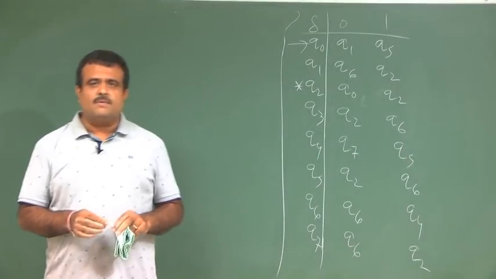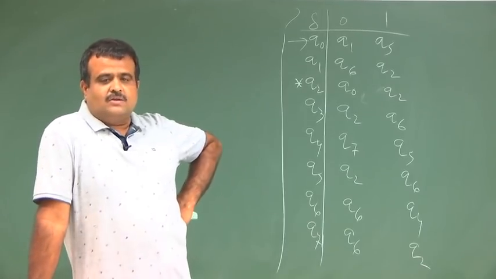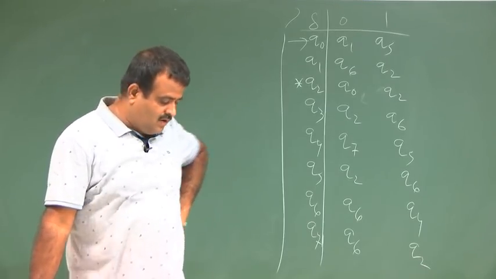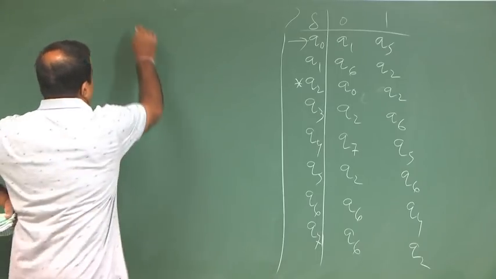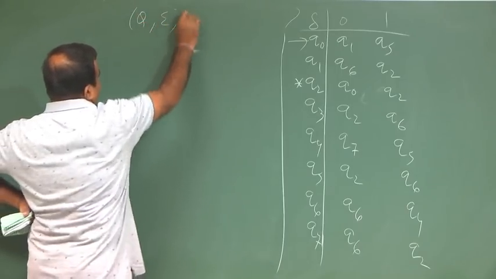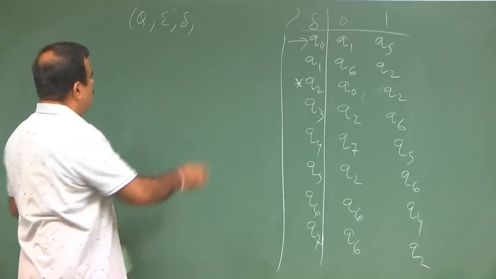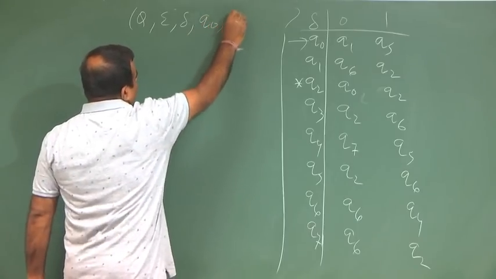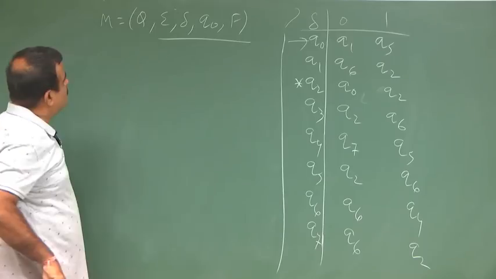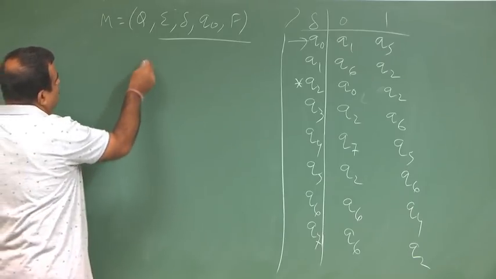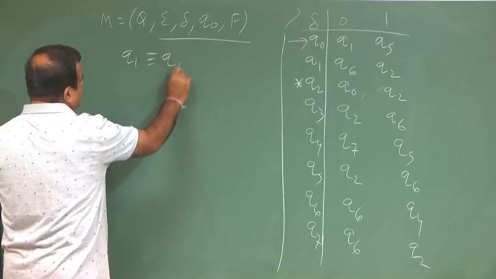Okay, so we are talking about the minimization of finite automata, especially the DFA. In the last class we have seen how we can define the equivalence between two states. Given a DFA, this is the example we talked about in the last class, we will elaborate more here. Q0 to F, this is a given DFA. Now we are defining the equivalence between two states, q1 and q2 are equivalent